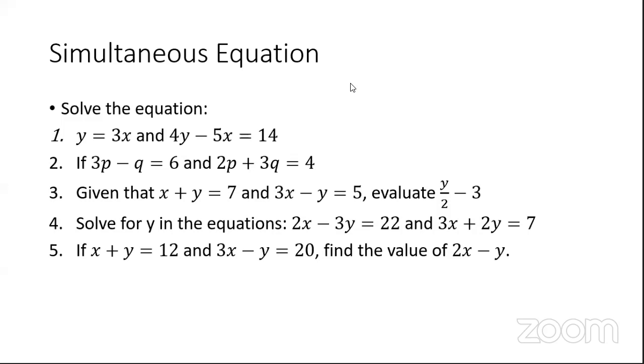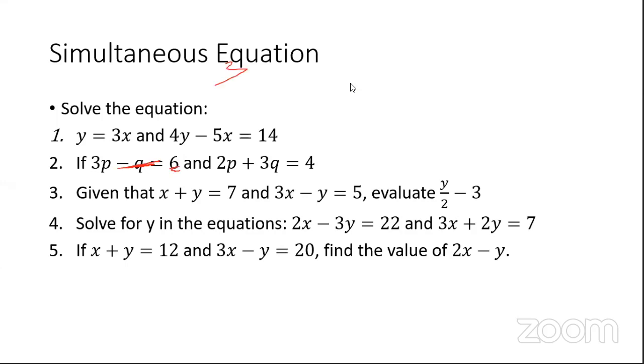All right. So to solve, if you look at the second one, you can try to make either p or q the subject of the formula. It is very easy for us to make q the subject here. Because it is minus q, take it to the other side, so that you have q, then 6 comes to this side, so it becomes